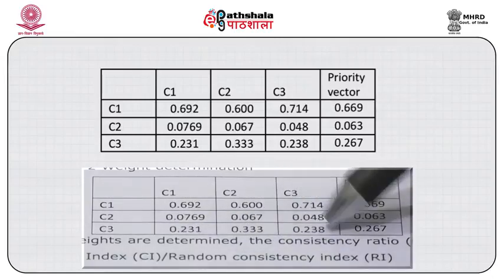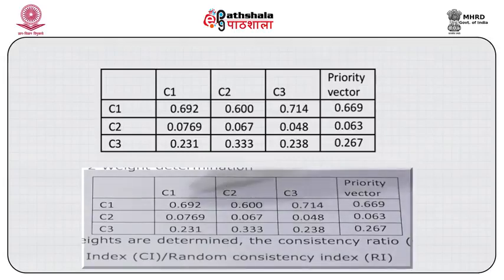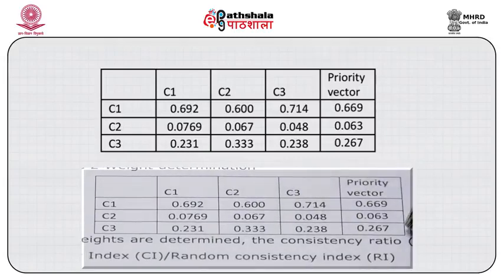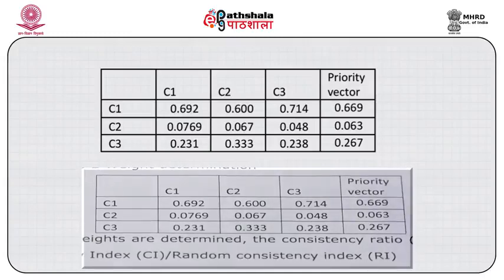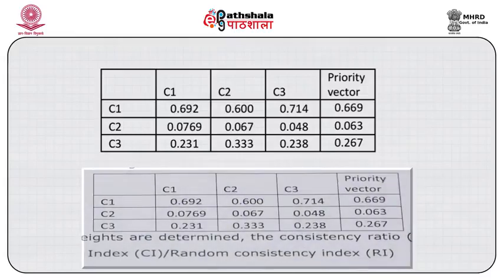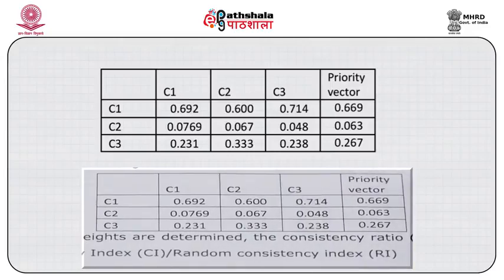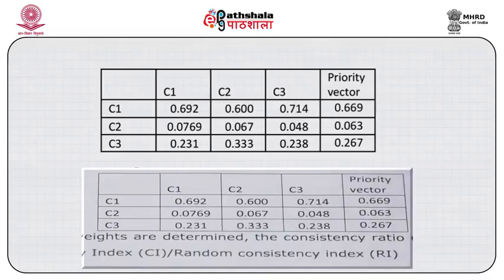Once you get this normalized data, you get the priority vector by adding it for each of these factors. So this priority vector is basically determining what weightage is being given to each of these classes. Now this was a very subjective task where you decided, okay, the first layer has to be a ranking of 1, the second has to be a ranking of 9. How do we make sure that the subjective ranking which we have here is consistent or not?